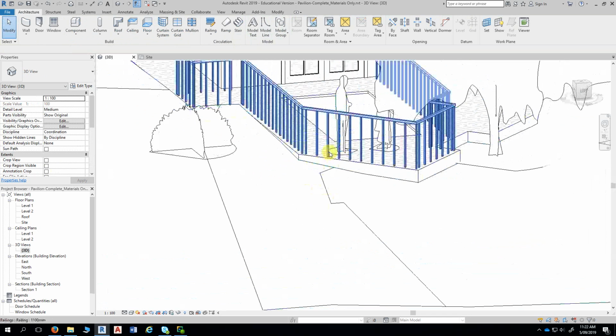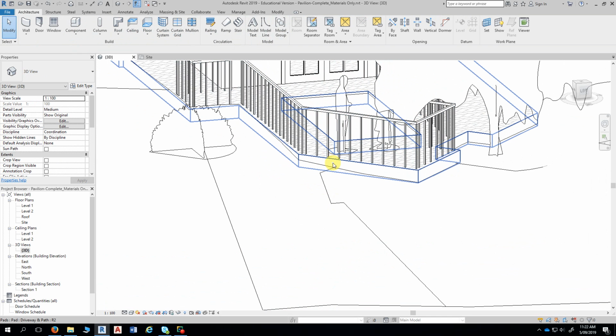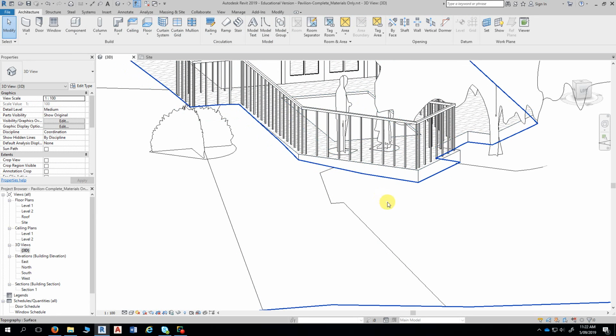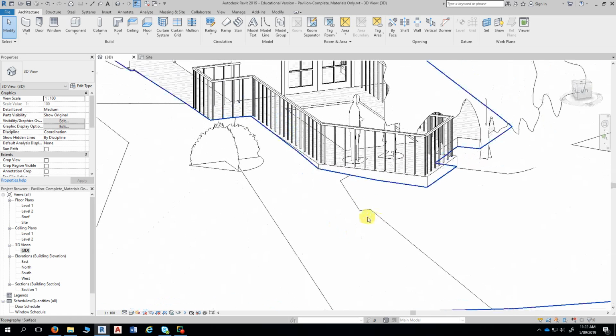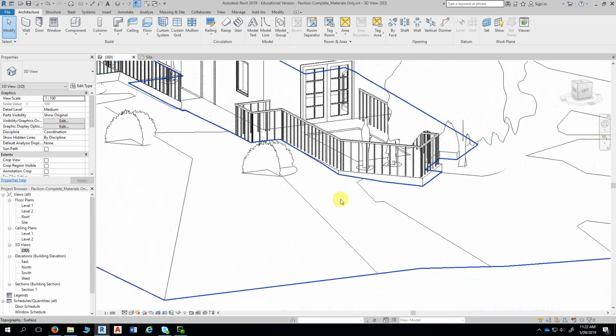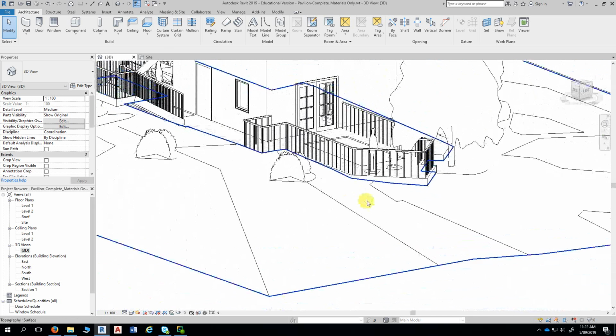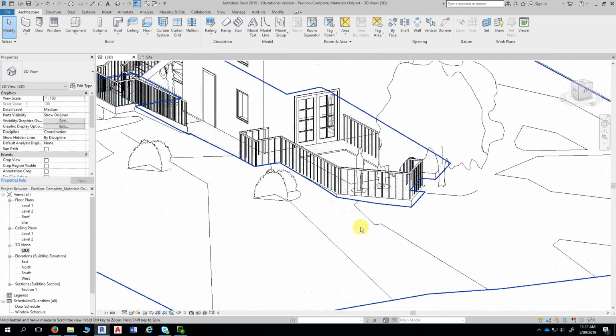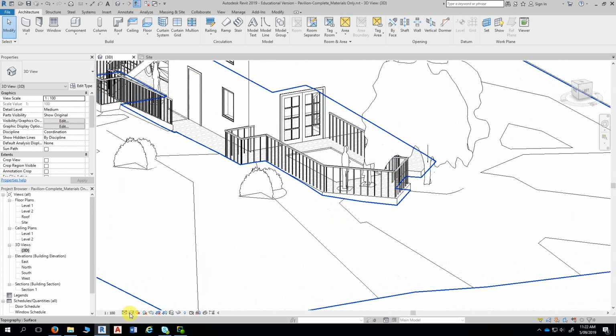With things like that, just make sure that the object is the correct height and sits on the pad surface. So if I do a quick ray trace on that now,